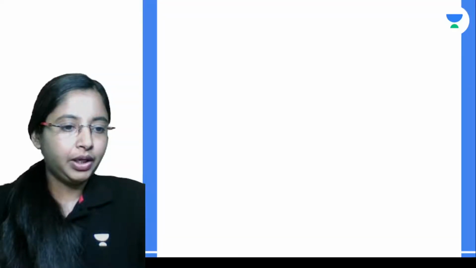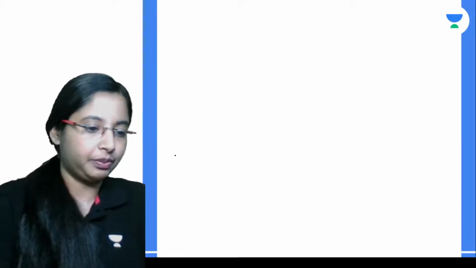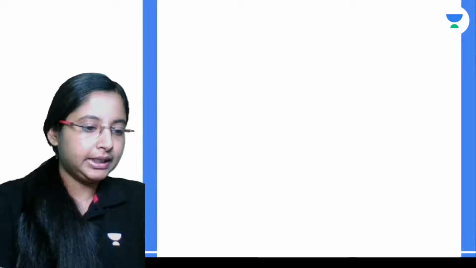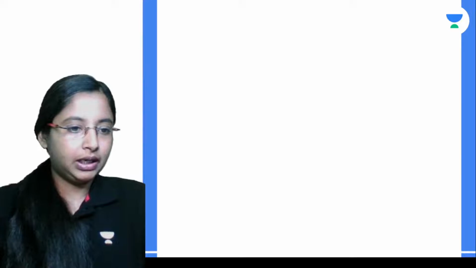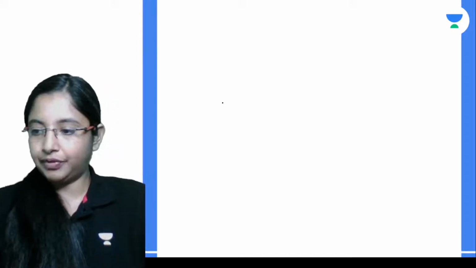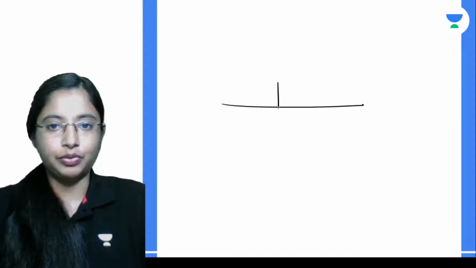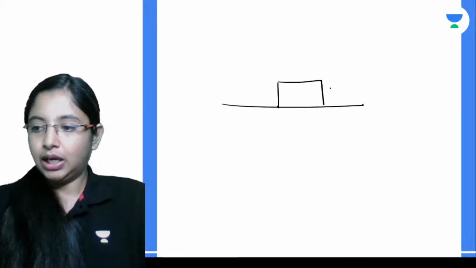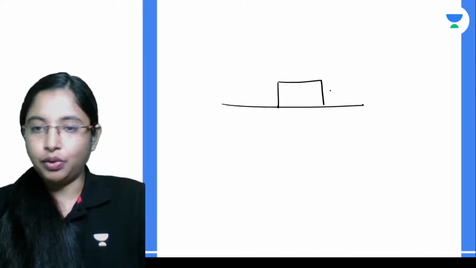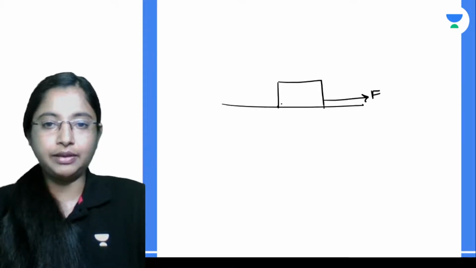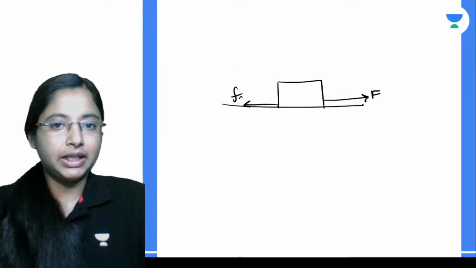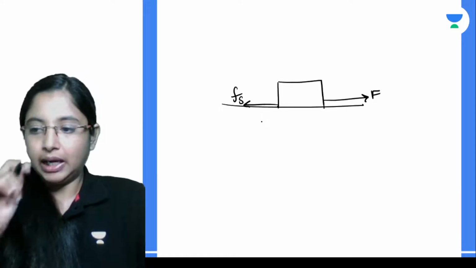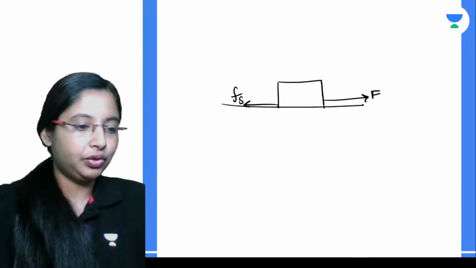Now, what are the factors on which this frictional force depends? Let's say we have an object on a surface. You're applying a force, and for the force applied there is a frictional force developed, but in this case the object is not moving. So what we have is static friction, right? So here the friction force, if you look at